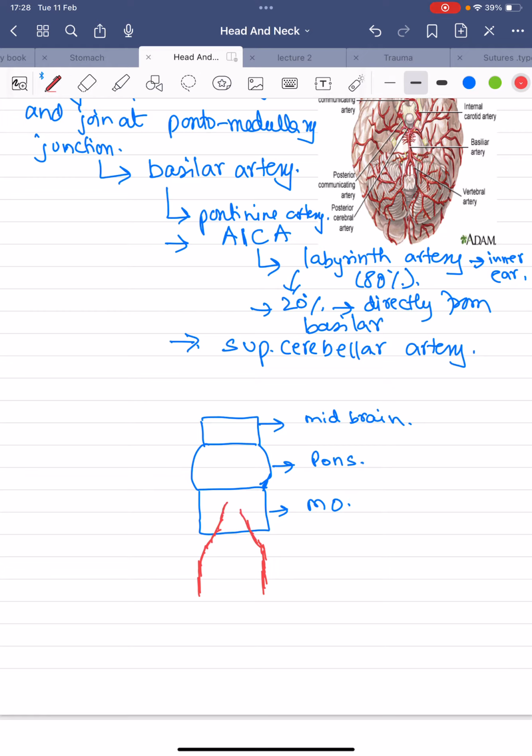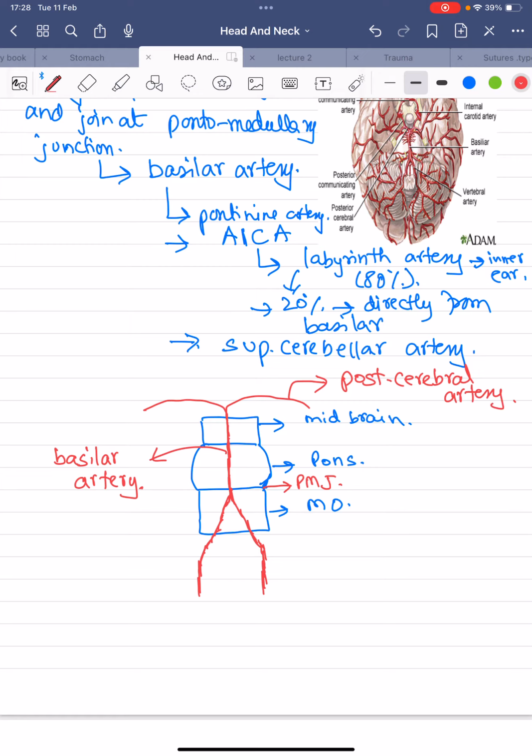At the pontomedullary junction, they are joining together forming one single artery. This single artery is known as the basilar artery. Okay, and then it is going upward and giving this branch like this. So this is your posterior cerebral artery,